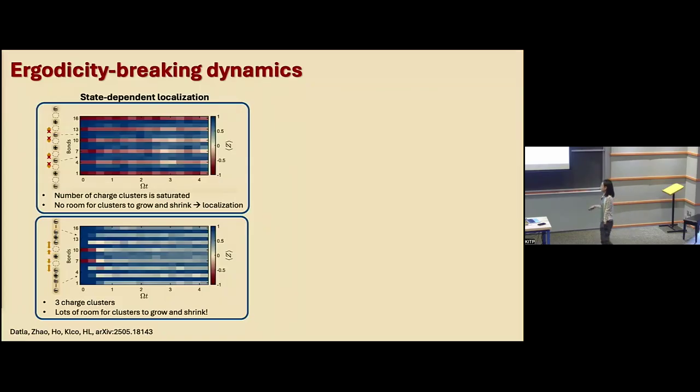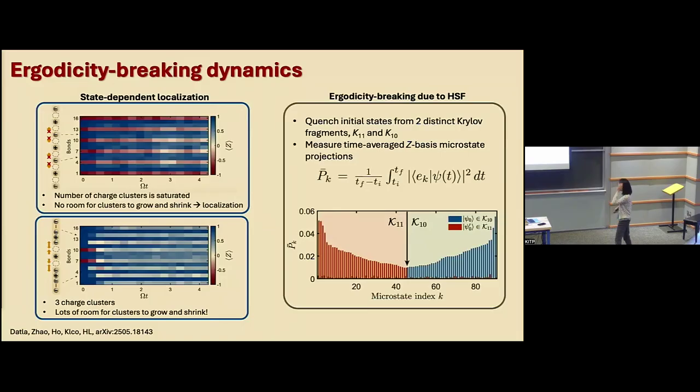And so the way you can think of this is that the state-dependent localization comes where you've saturated the number of charge clusters, but you've also left no room for those charge clusters to grow and shrink. And then that gives you this localization. And to check that this kind of state-dependent dynamics is actually attributed to the Hilbert space fragmentation, we can actually